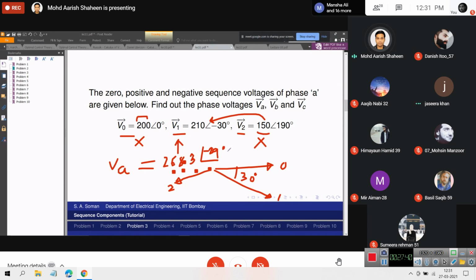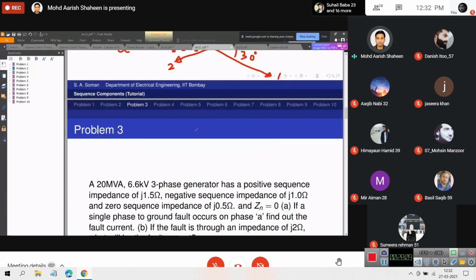Okay? Yes sir. It should be so. If you look roughly at this V2, it is approximately opposite to V1, because the phase angle is almost 180 degrees. So this will be roughly 50. If you add 50 to 210, it should be 260. So there is a slight difference up and down, because they are not in phase. Here it is at minus 30 degrees. So these are the kind of rapid calculations that you can use for basically confirming your solution. I will leave the other two calculations as an assignment or whatever.